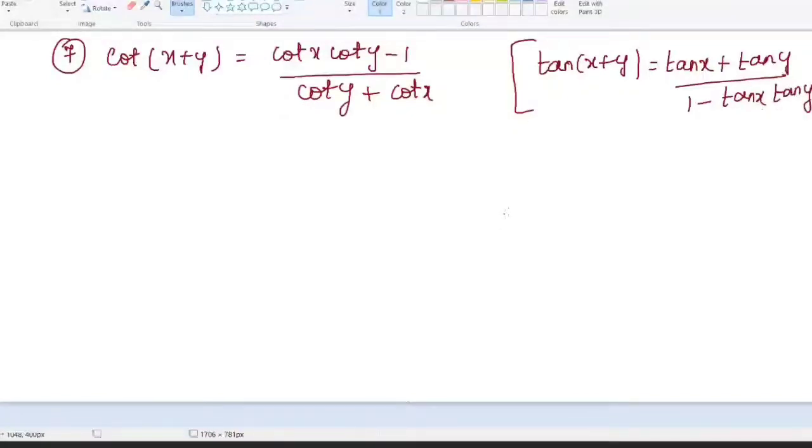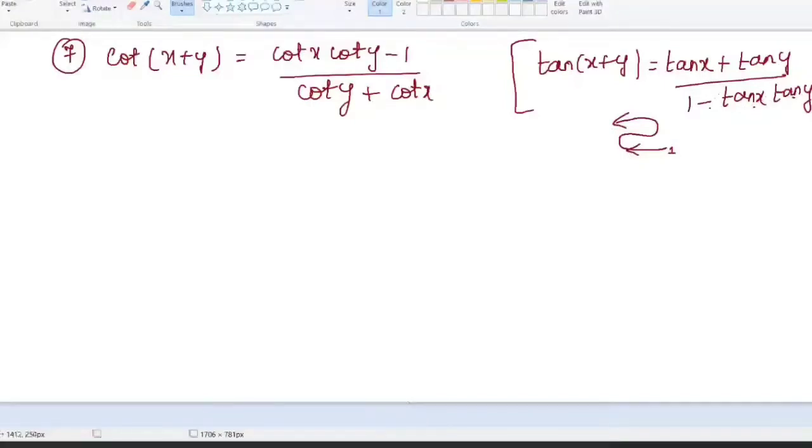Now, for cot, you just follow this logic. See how I'm going with this. You start from here where there is tan, and put cot. See whether you reach the answer: cot x cot y minus 1. So you have to start from the denominator, because cot is nothing but the reciprocal of tan. So you have to start like that, just for you to understand and remember.